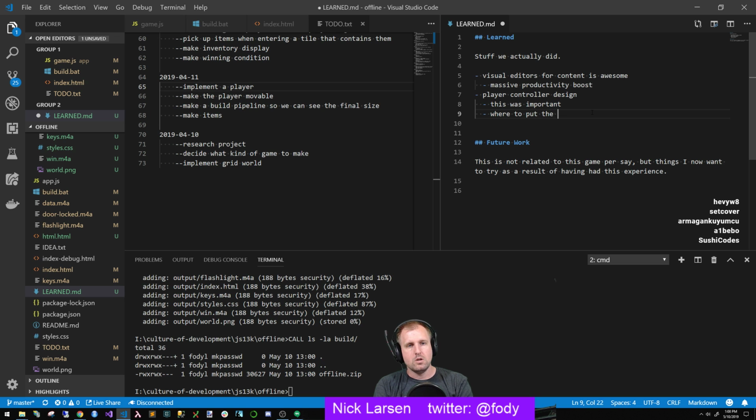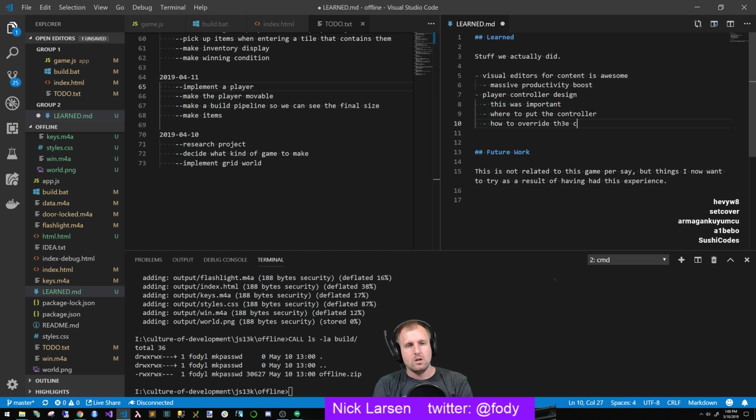Where to put the controller, how to override the controller when things happen. Alright, this one was like, first we made it so that when you move around... First off, we considered using the keyboard alone, we considered using the WASD, we considered using the arrow keys, we considered using the mouse and clicking through the world. There were a lot of different things. We ended up using WASD, and then the idea being that